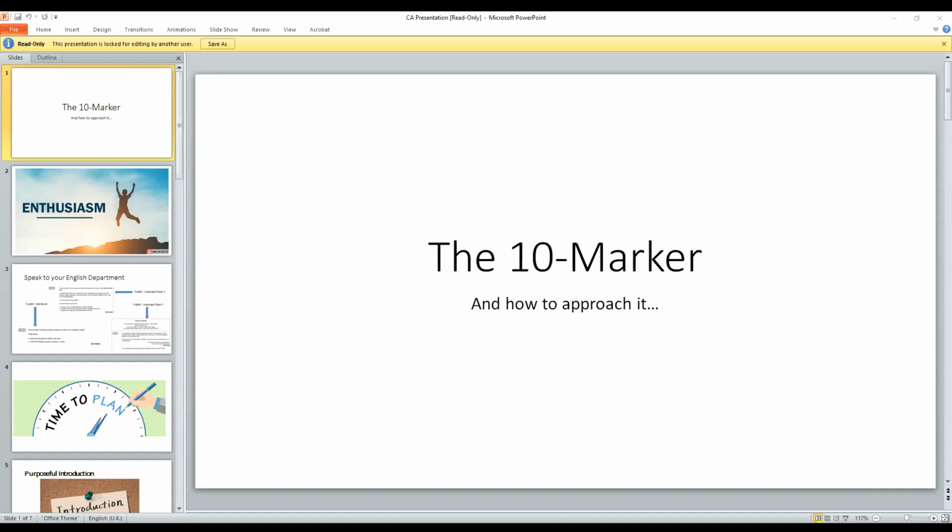angles to their answer. So it's no good giving me 3 examples of the same point from 3 different parts of the text. I want them to work through the text chronologically to show where maybe differences to the previous point are being made. The other way to work through it is if you